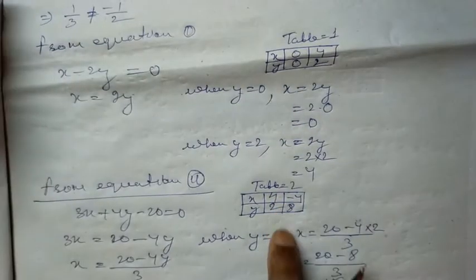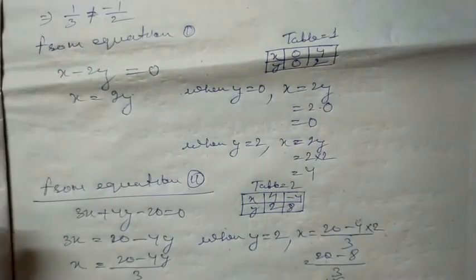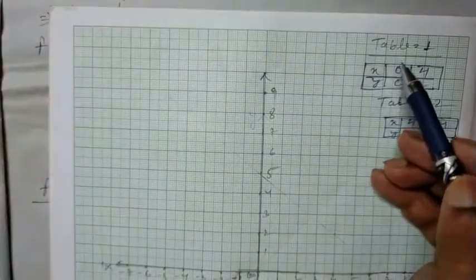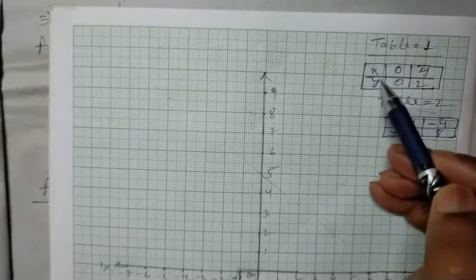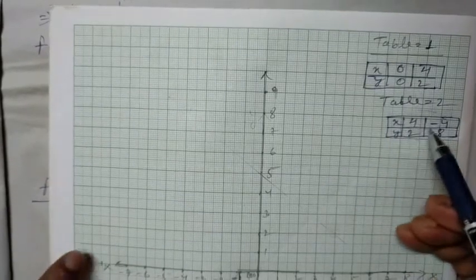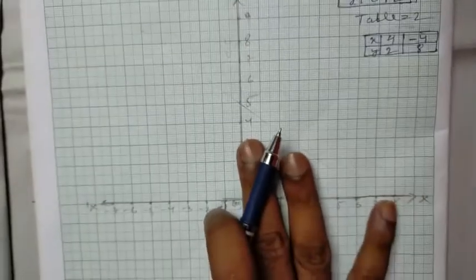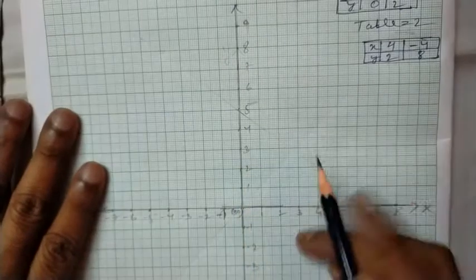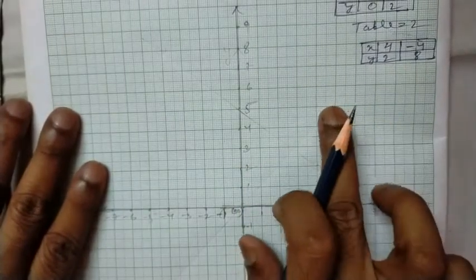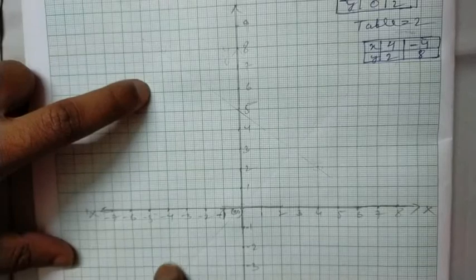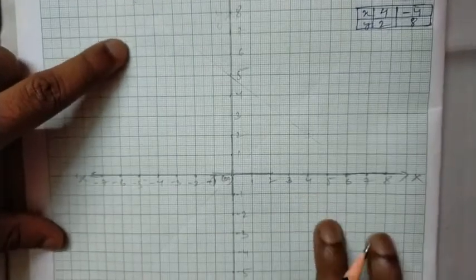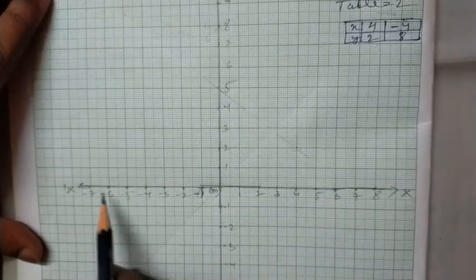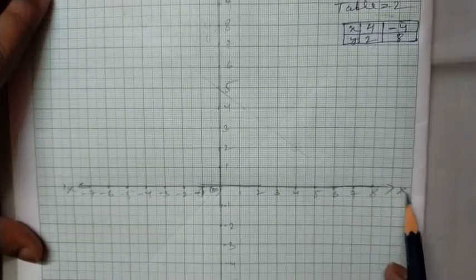Okay, so this is our graph. So this is our table. I've already written over here table 1 with x and y, and table 2 with x and y values. So we are going to put them on a graph paper. As we know, this is our graph. This is our first quadrant, this is our second quadrant, this is our third quadrant, and this is our fourth quadrant. On the right hand, this is called the x axis, also x dash.